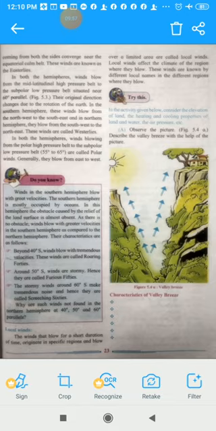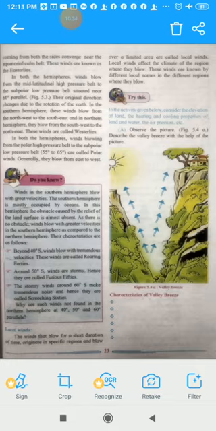So as there is no obstacle, winds blow with greater velocities in the southern hemisphere as compared to the northern hemisphere. So have you all got what's the reason that in the southern hemisphere the wind blows with great velocities? Because the southern hemisphere is covered with maximum ocean areas and there is no land surface there. That's why the wind blows with great velocity over there. Let us see their characteristics. Their characteristics are as follows in the southern hemisphere.